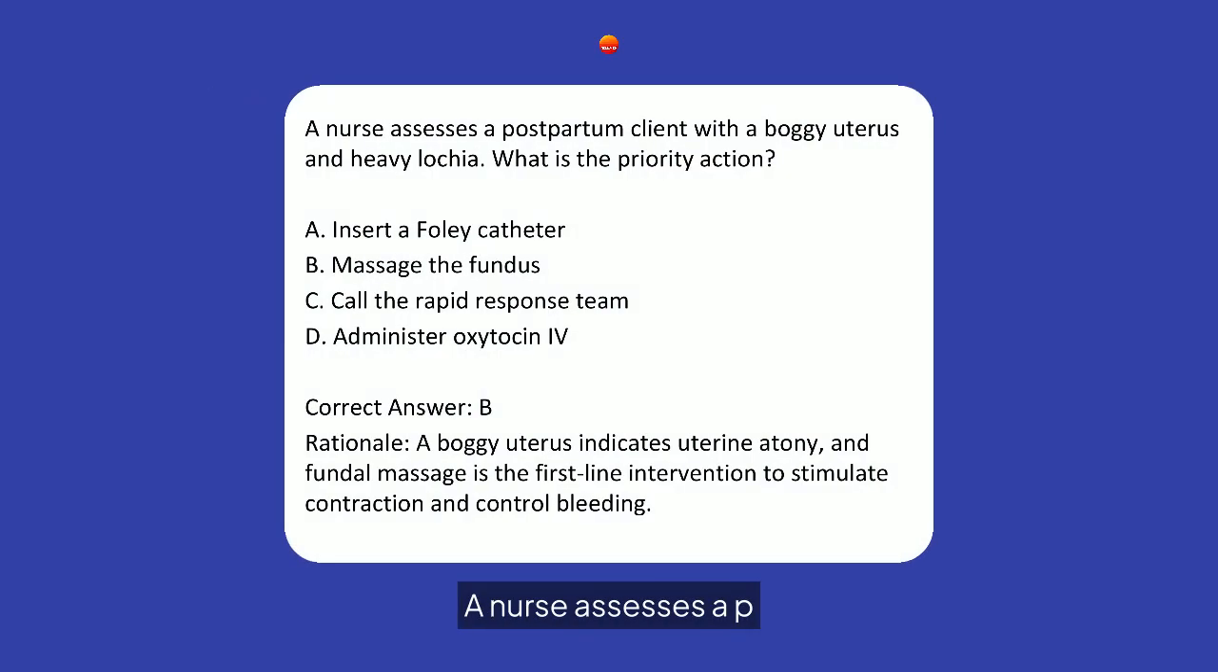A nurse assesses a postpartum client with a boggy uterus and heavy lochia. What is the priority action? The correct answer is B. Massage the fundus. Rationale: a boggy uterus indicates uterine atony, and fundal massage is the first-line intervention to stimulate contraction